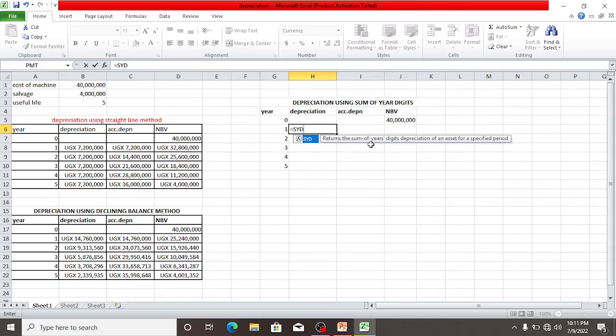This returns the sum of year digits depreciation of an asset for a specified period. Let me open the brackets. So it's going to be cost. Cost is 40 million, comma. Excel is very easy. By this, Excel simplifies work. You see, the formula is shown. No need of thinking. Comma, salvage is 4 million, comma,